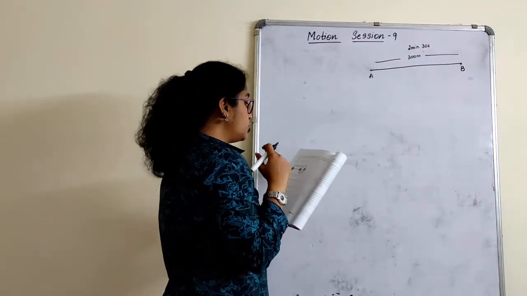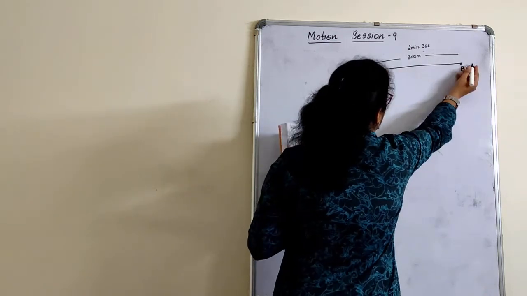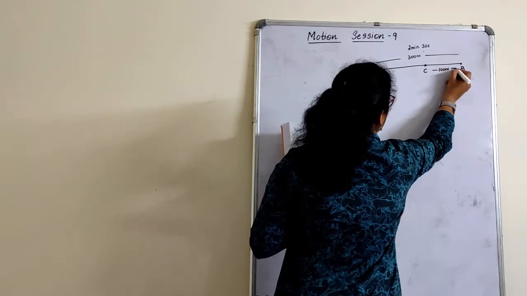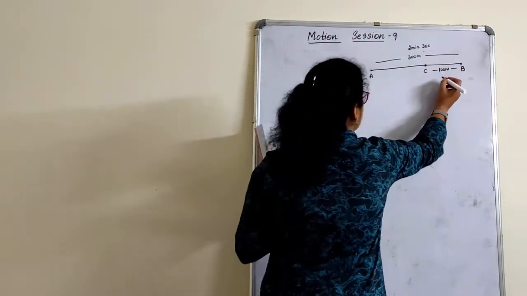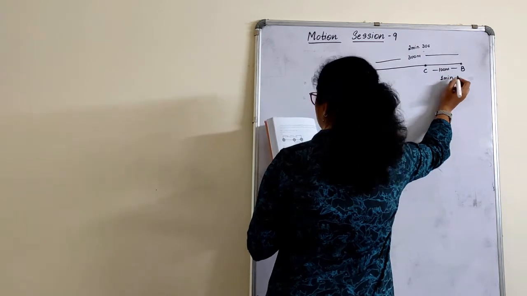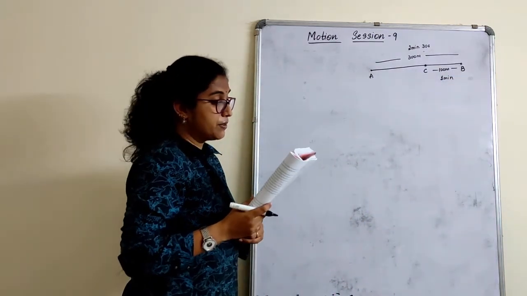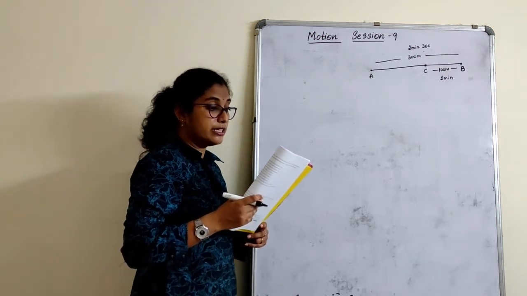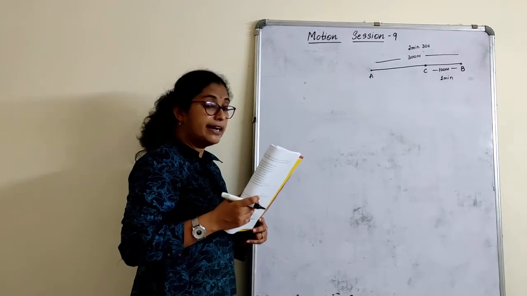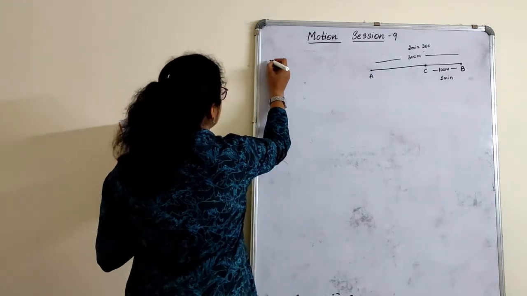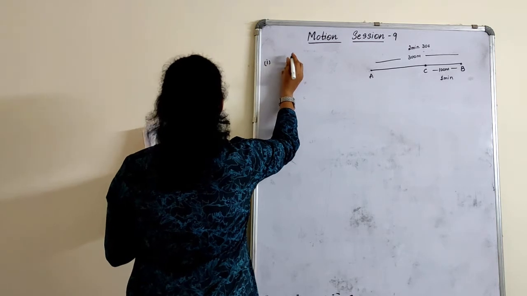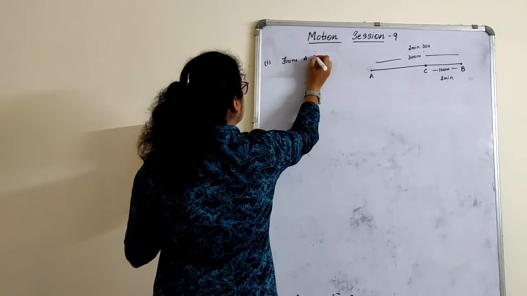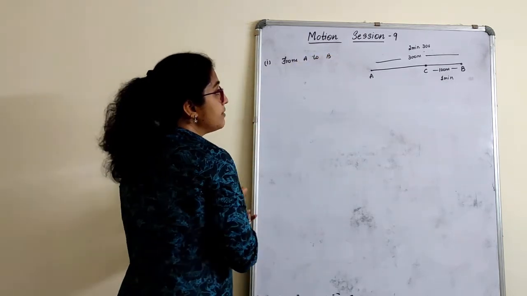And turns around and jogs 100 meter back. So this is 300. He turns around and jogs 100 meter back. This distance, another 1 minute. So this is the figure that we have. What are Joseph's average speed and average velocity in jogging from A to B and A to C? So first of all, what I will write, the first question they have asked is from A to B. Back calculation we will take here.